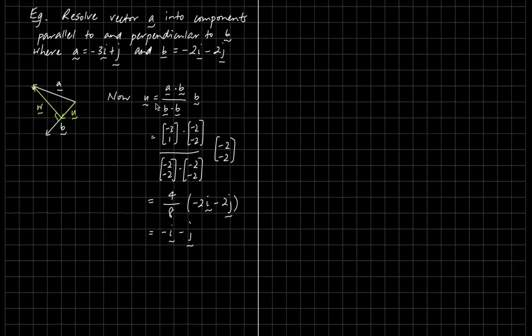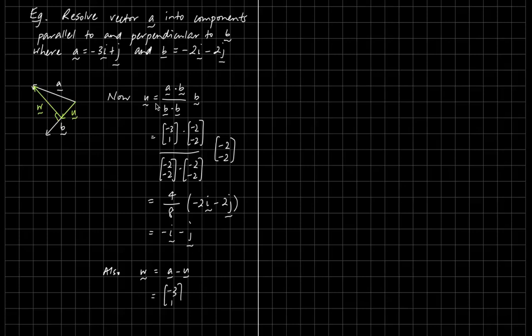So that has the same direction as B, which is what it should do because it's parallel to B. So that's our u, or our component of A parallel to B, and then we can say, since A is equal to u plus w, w must be equal to A minus u, so that's going to be equal to